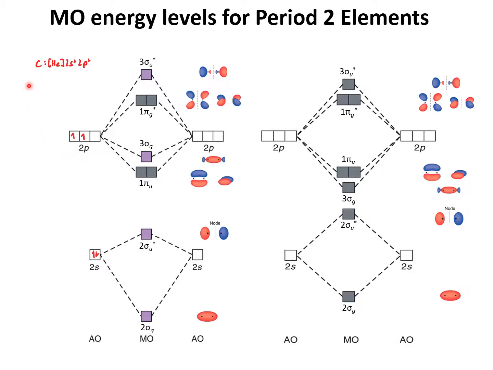And the other atom we could imagine as consisting of C+, which has the valence electron configuration 2s2, 2p1, giving us 2 electrons in the 2s atomic orbital and 1 electron in the 2p atomic orbital. So this gives us a total of 4 plus 3 equals 7 valence electrons to distribute in our molecule. And we would have to distribute those in our molecular orbitals, which are located in the middle of our MO